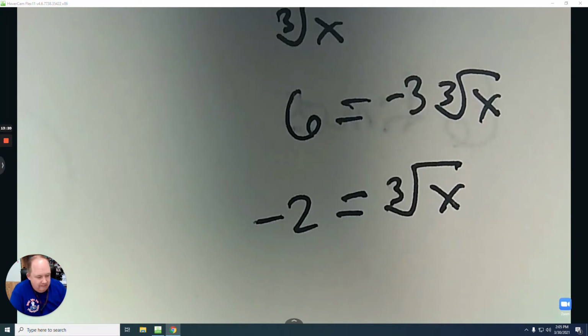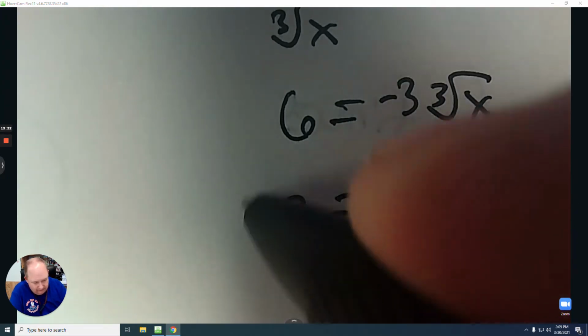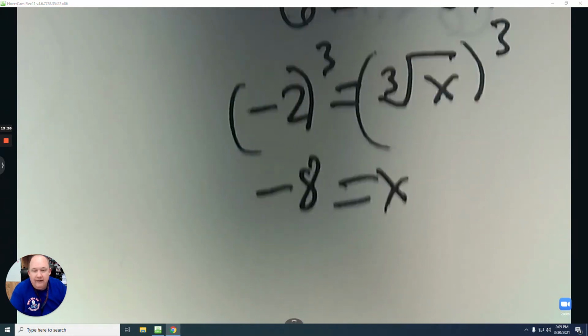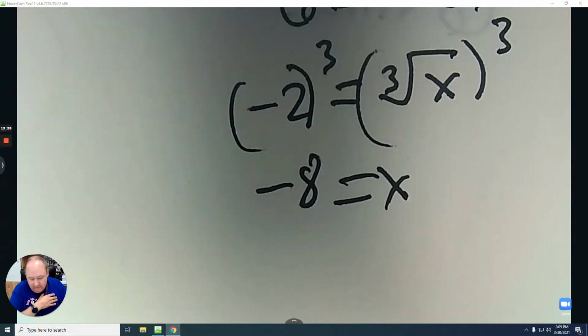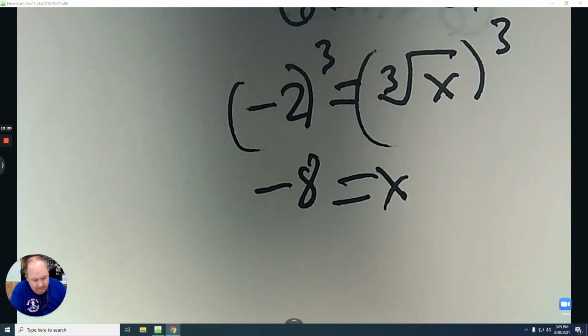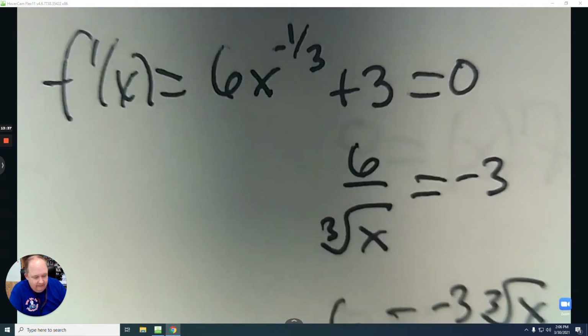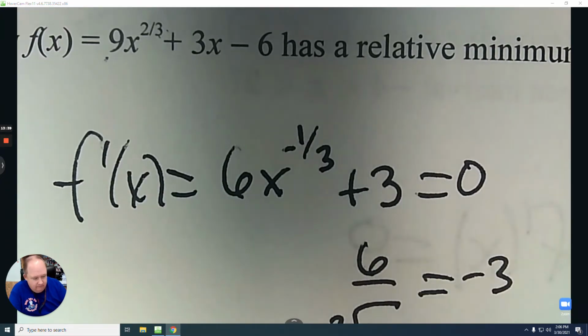And then the last step is I'm going to cube both sides. Now, negative 2 cubed is negative 8. So that's the one number I'm looking at, is negative 8. Now, there is actually another number to look at for the minimum, in that the derivative,